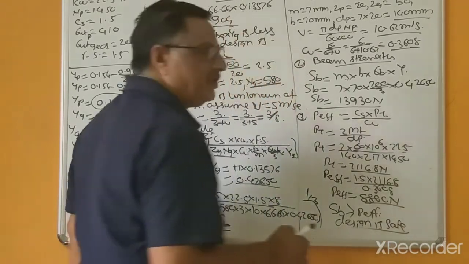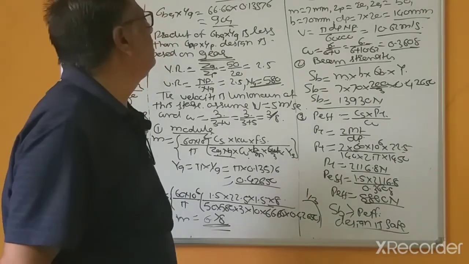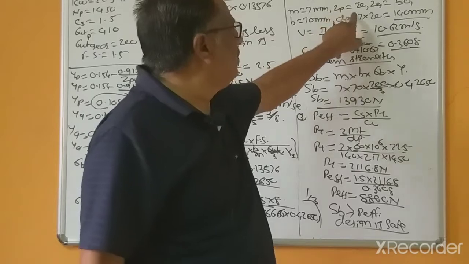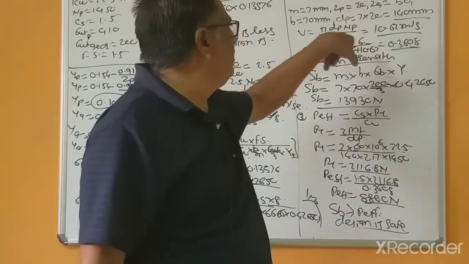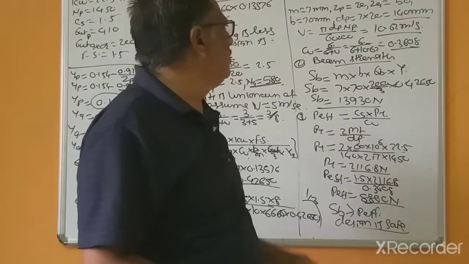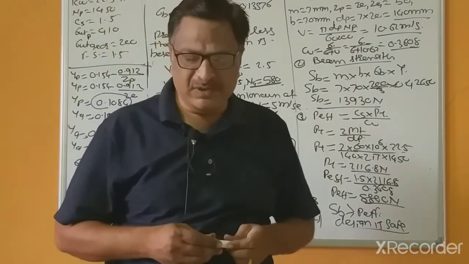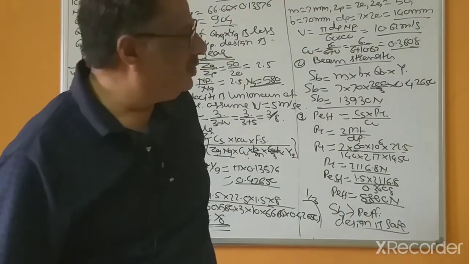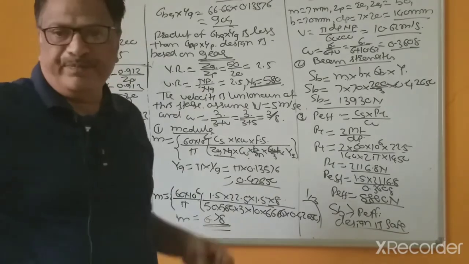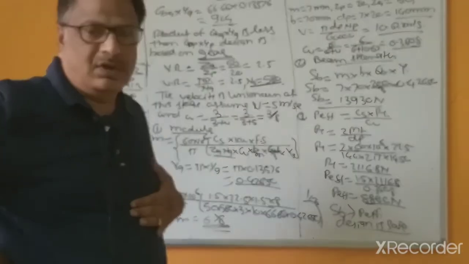So this is the complete solution, and the final parameters of the gears are: M equal to 7 mm, number of teeth 20, ZG 50, face width equal to 70 mm, and pitch circle diameter that is 140 mm. These are the important dimensions of the pinions as well as gears. So I think you understand problems related with the design of the spur gears, but still we will see some of the problems related with the design of the spur gears.